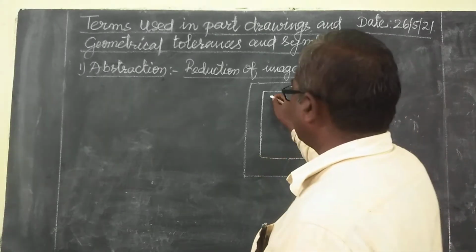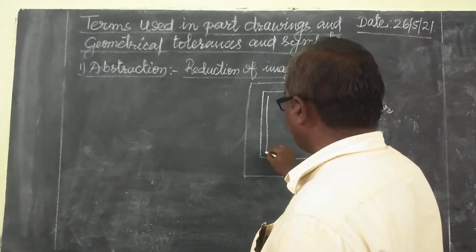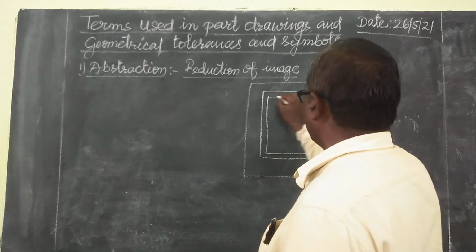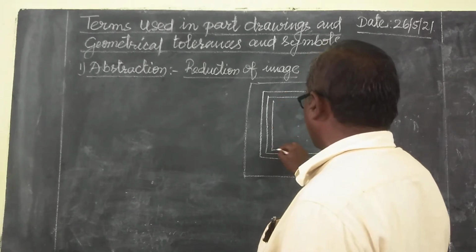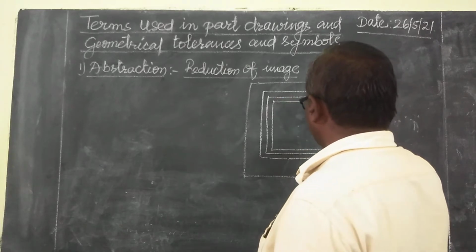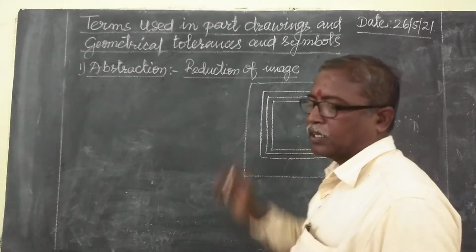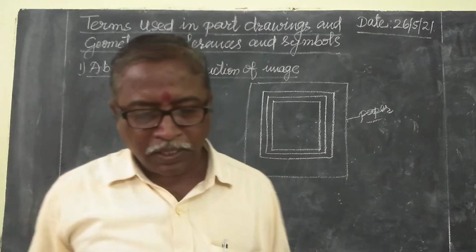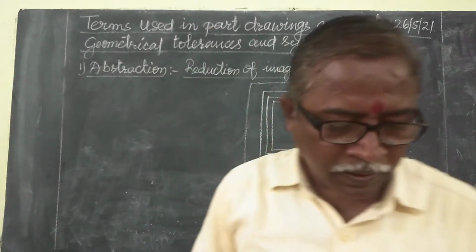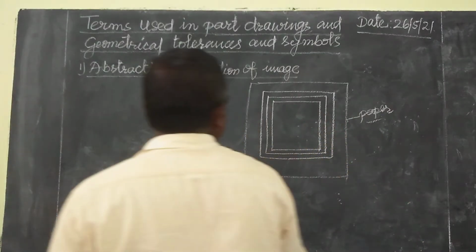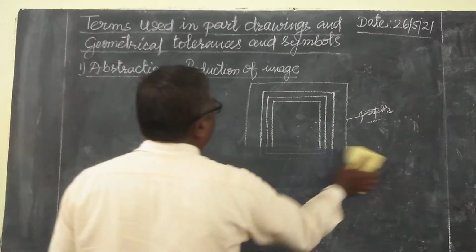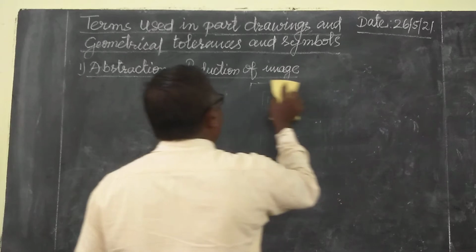When the image is decreasing, reducing in size like this, we can call it abstraction. This is the reduction of image. Then the second one is